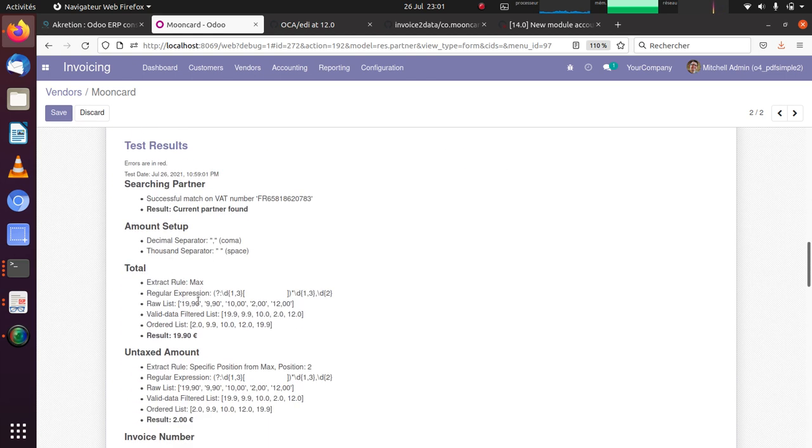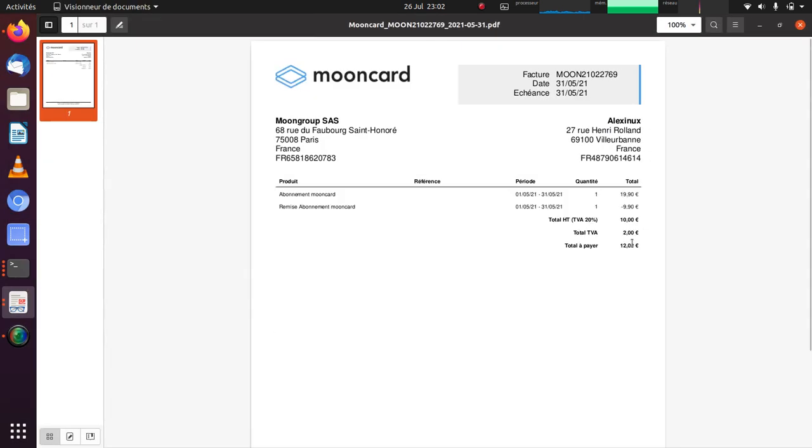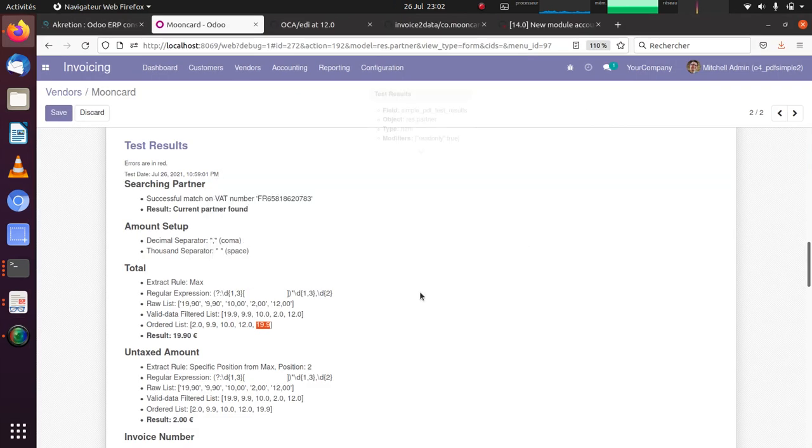So that's the result of the raw extraction for the digits. Then it filtered on the valid amounts here, and as I asked for maximum, that's the same list but sorted, and I told it max, so it used the maximum amount, but in fact it's not my total amount. My total amount is 12.